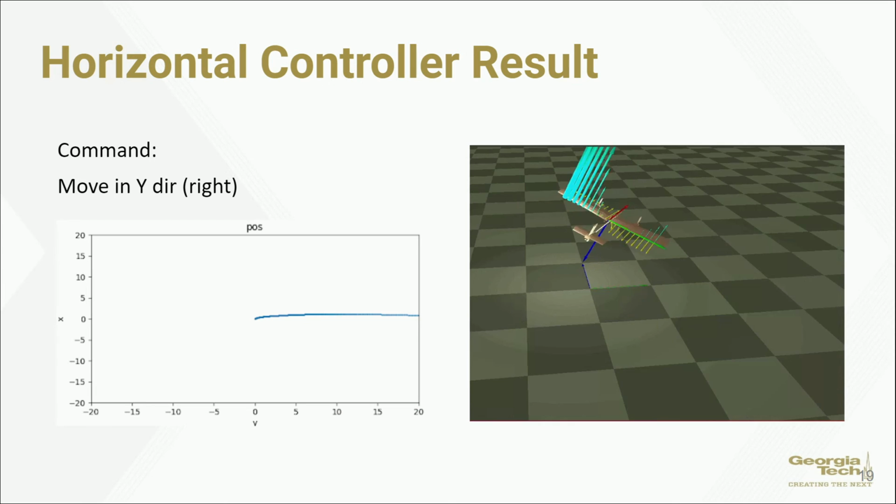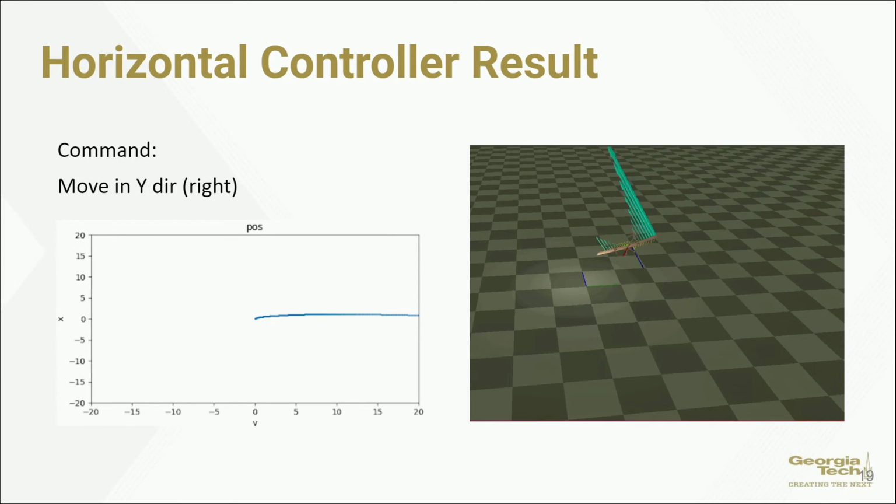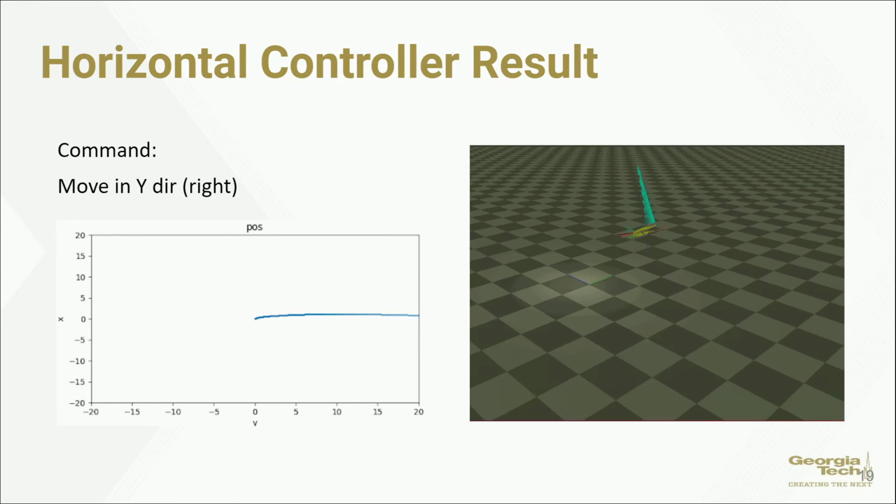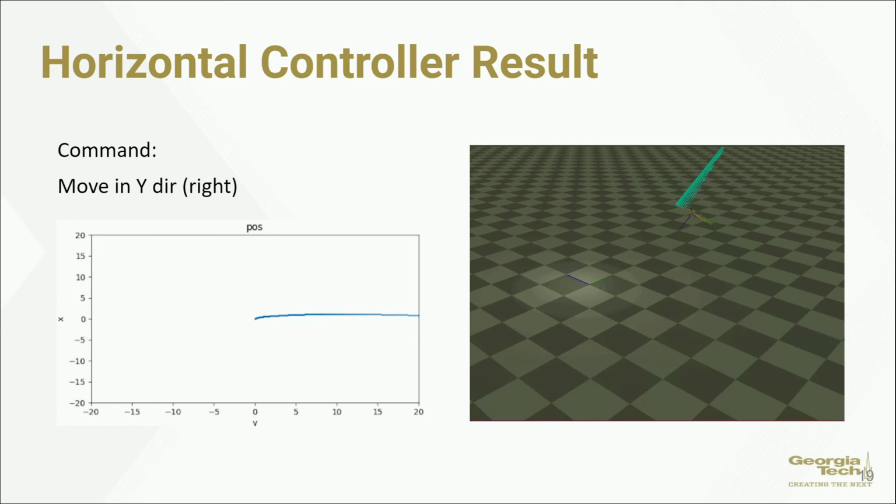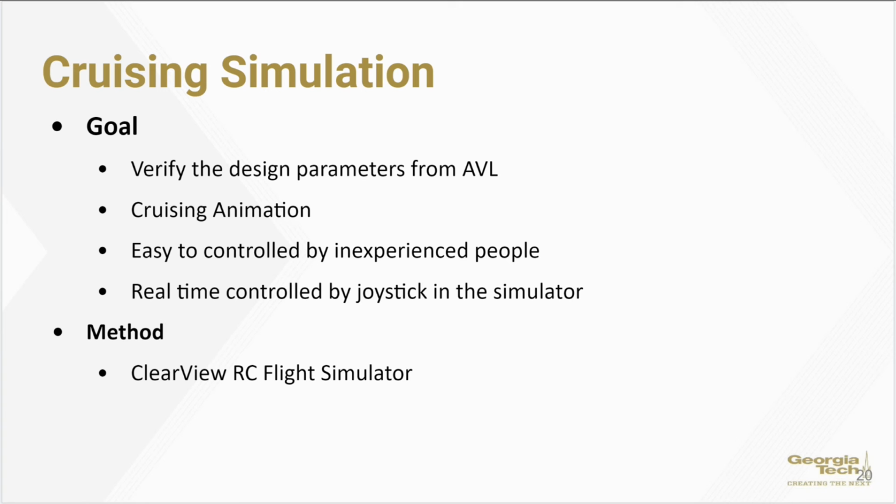Here we show the result of the full controller. The vehicle is commanded to go right. The figure on the left shows its trajectory, and on the right is an animation. This is a good result. For the cruising flight, though we have done the aerodynamics analysis for the SpinVTOL and get